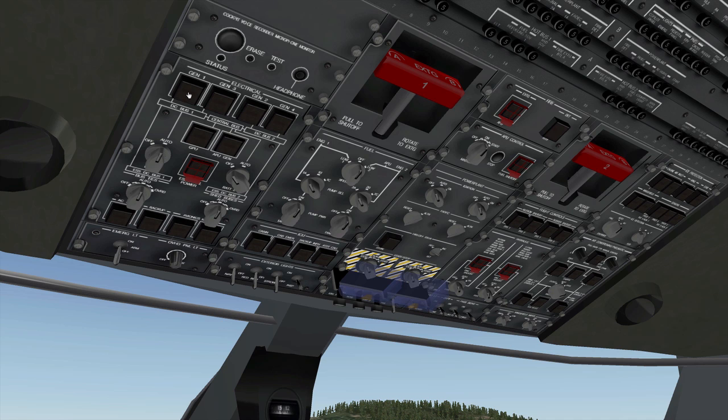So the result is you have buttons and knobs that are click and draggable or just plain clickable. And it's actually really nice. It takes some getting used to, but once you're used to it, I programmed these buttons and these knobs in such a way that you can either drag them up and down or left and right, and they pretty much have the same effect. Let's turn on the strobes and the beacon light and the nav lights,